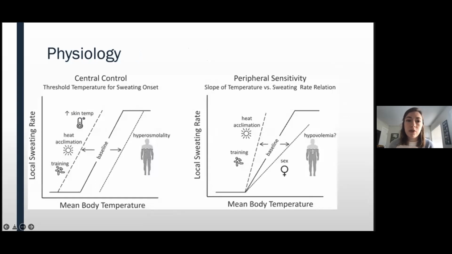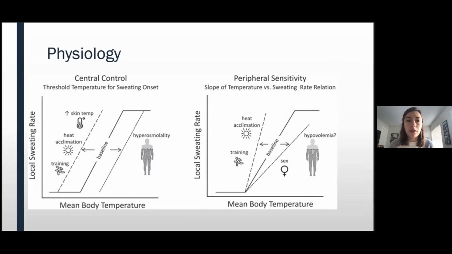There's other things too that can kind of reset our base point, like I mentioned. Over here on the left diagram, you can see that people's mean body temperature is at a baseline, and then the sweating rate will increase as the body temperature increases. That baseline, though, can be impacted by a lot of things. Training, living in a warm environment, increased skin temperature will lower that baseline, so people will sweat at a lower